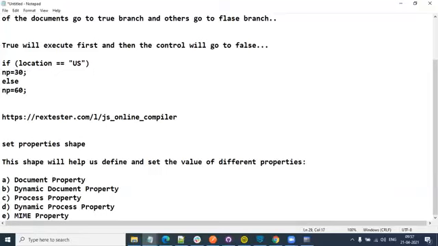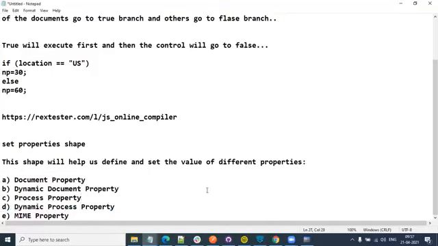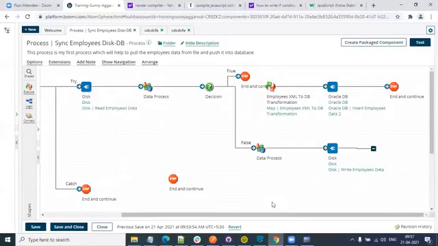You will gradually start remembering what properties we have. A lot of people, until the end of the training, are always confused about all these properties. I'll try to make sure that you understand it well. So these are the different properties we have, and for setting the values of these properties, we have the set property shape. In which category should the set property shape fall? It is setting the value for certain properties. I think connect. Connect means that when you're talking to a third party,